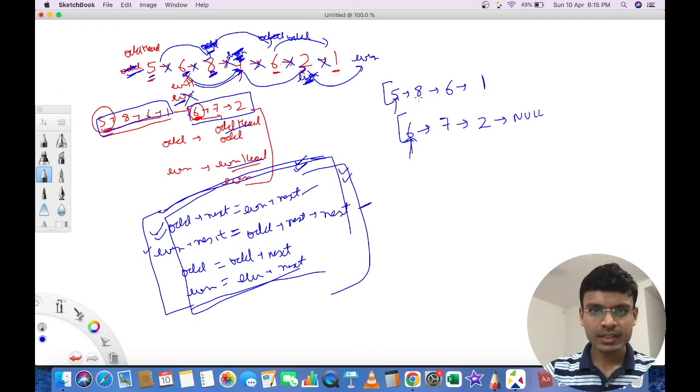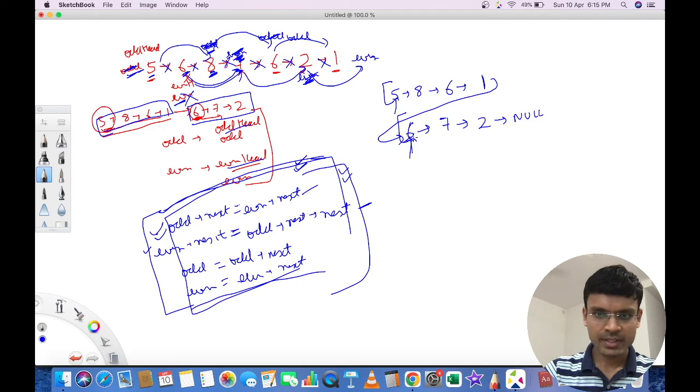So what I just need to do now is update this link. I need to point this 1 next pointer to this 6, and at this particular one, this odd variable, as I can see, the odd value has been updated from here to here. Odd is here,